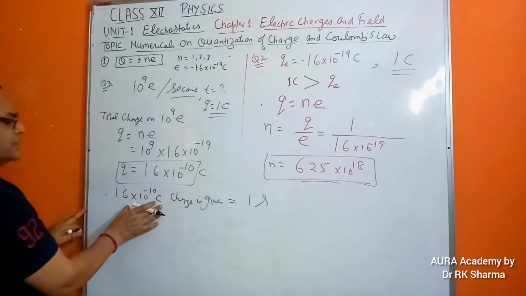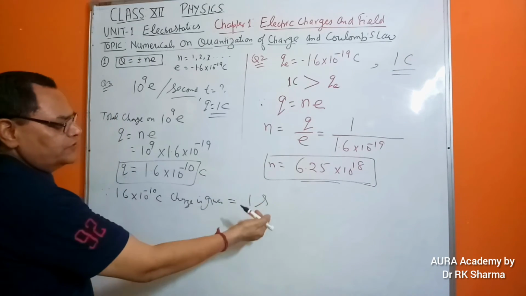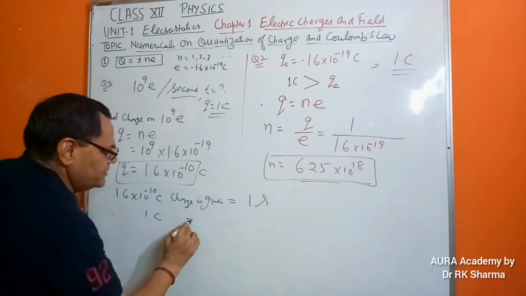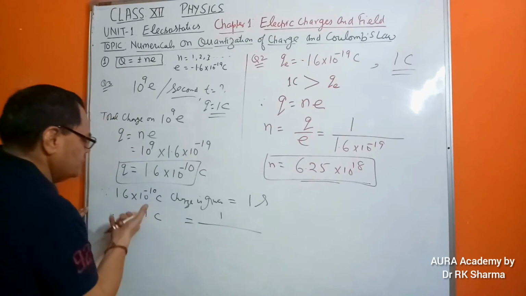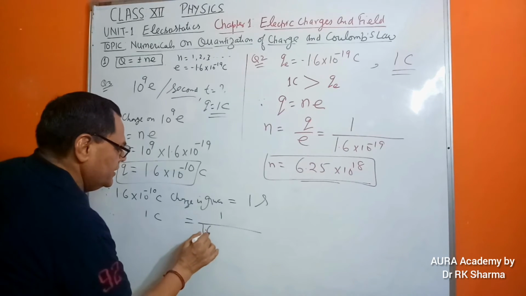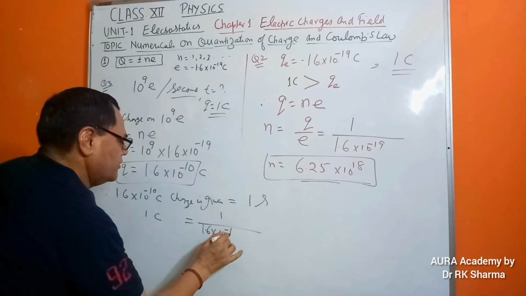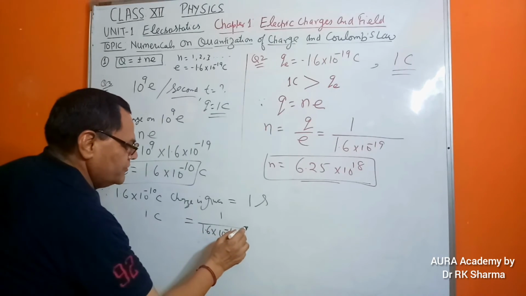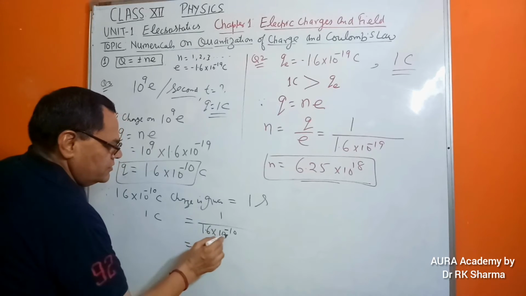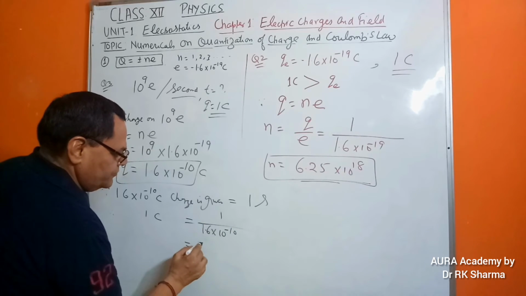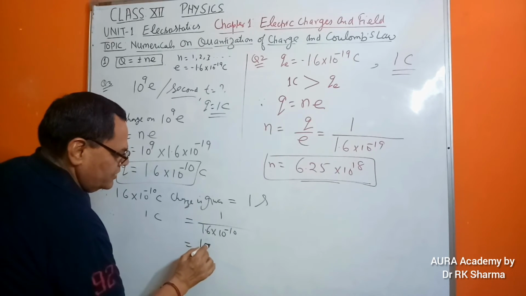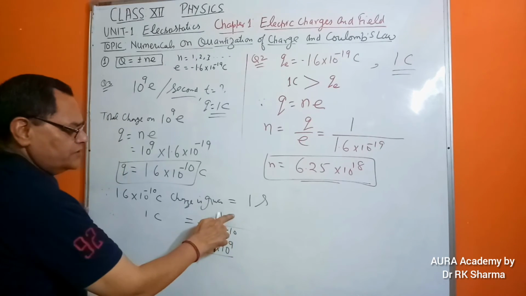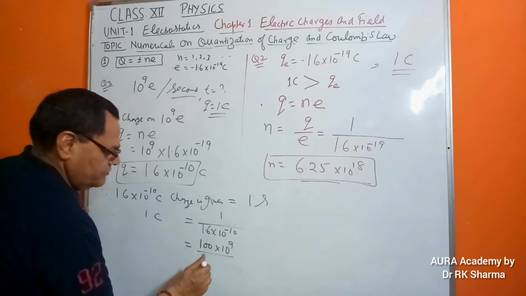So we know that this much charge is released or given out by the body in 1 second. Therefore, 1 coulomb of charge will be released in 1 upon this term, a simple ordinary unitary method, 10 to the power minus 10. So I think we can simplify this. It goes up, so you will see 100 into 10 to the power positive 9.